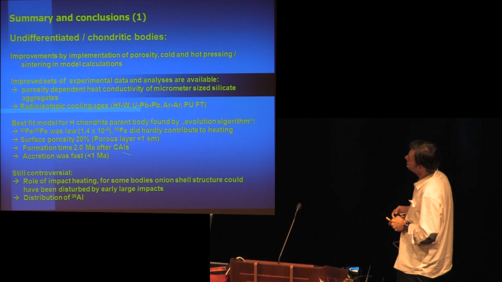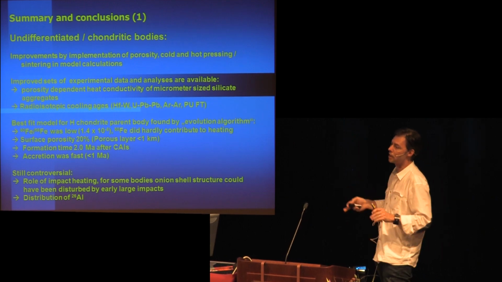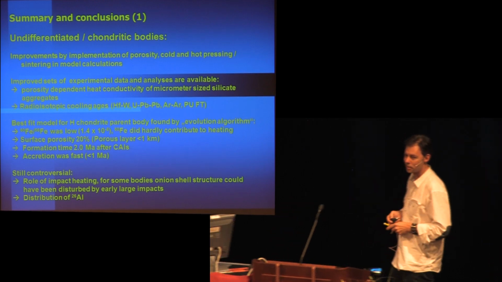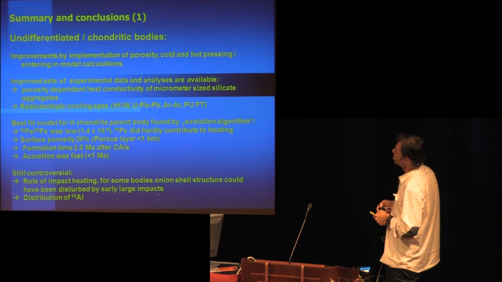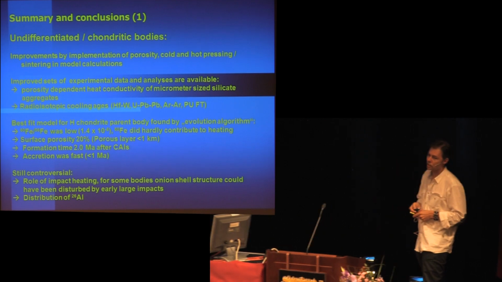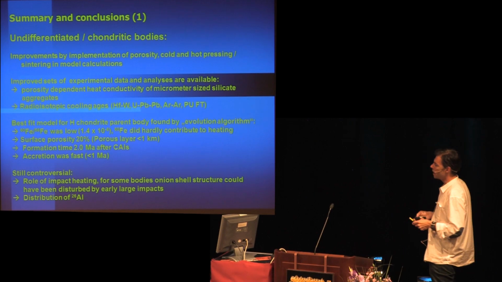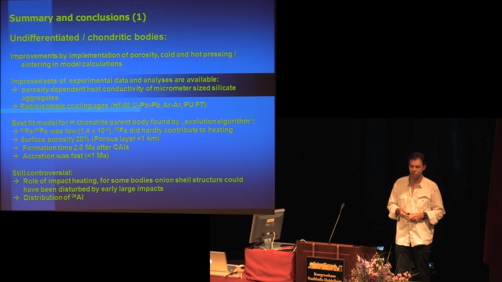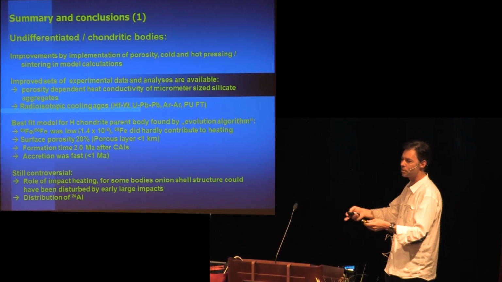It may be, because we have only for one body, the H-chondrite body, a very well-defined data set. For other parent bodies, it's much more difficult, and the data sets are much worse or of less quality. So for these bodies, it may well be that the onion shell structure was not maintained until the end of thermal evolution. We know that meteorites, of course, experience impacts, but the big question is when did they experience the impacts? Of course, you need some impacts in recent times to deliver small meteorite fragments to Earth.